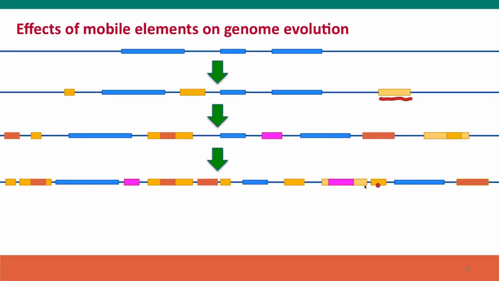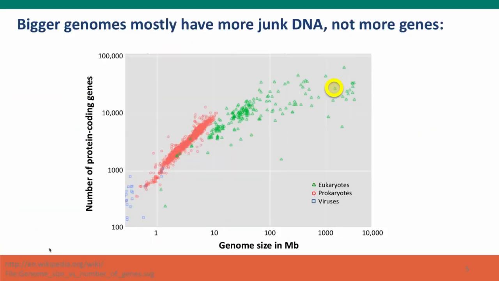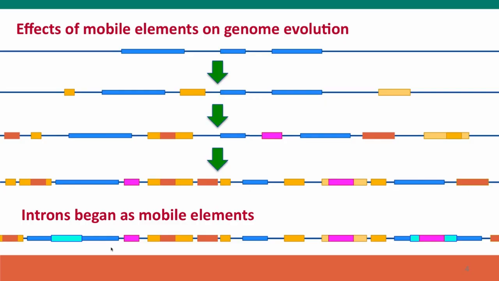The genome is getting bigger and bigger. It's not getting more genes, but it's getting bigger and bigger because it's getting more and more mobile genetic parasite sequences in it. In fact, a particular class of these mobile genetic parasites is thought to have been the original cause of introns, that they began as